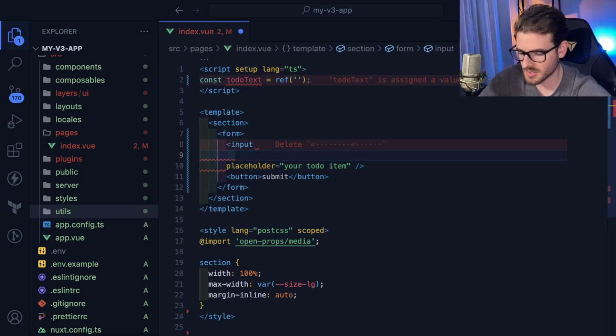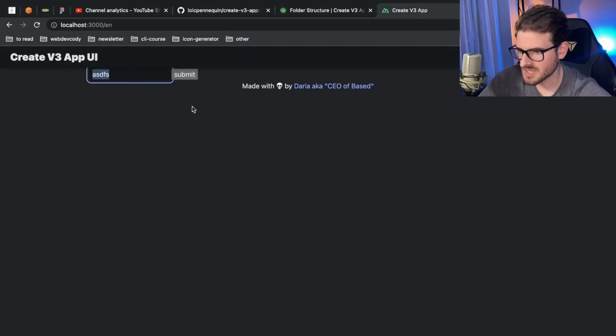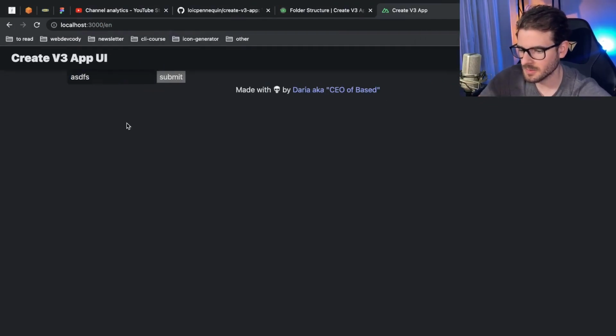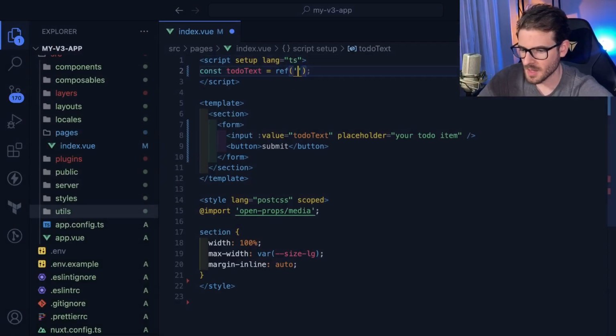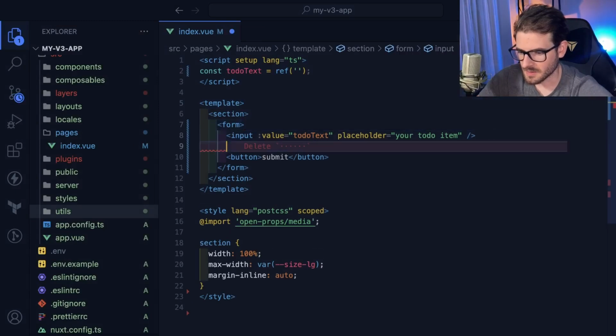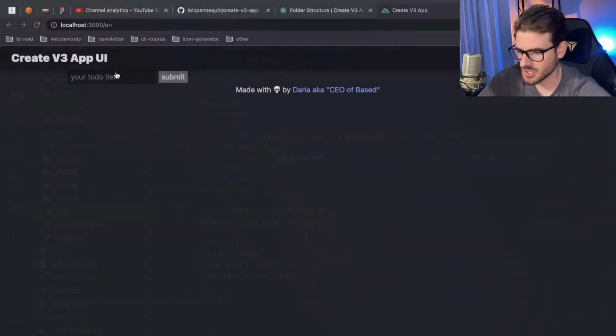So if I put :value, I believe I can pass the todoText here, and I think that's going to basically two-way bind those things, right? So if I go back to the page, notice that whatever I had in state is automatically put right here. It's like a two-way binding. And I also believe if I type into this, let me just verify and make sure I'm not teaching you something bad. If I were to try to interpolate this out to the page,